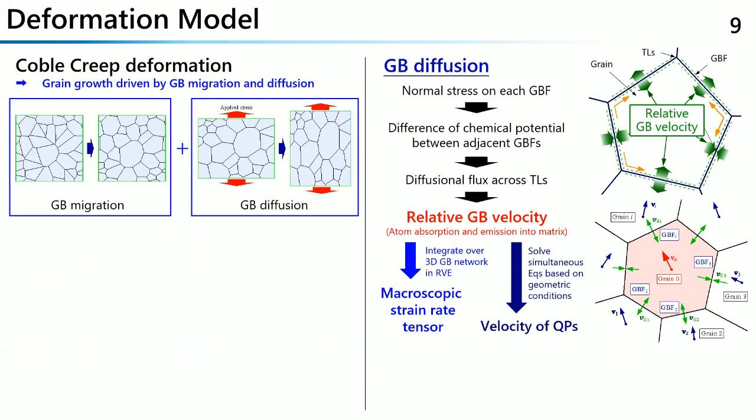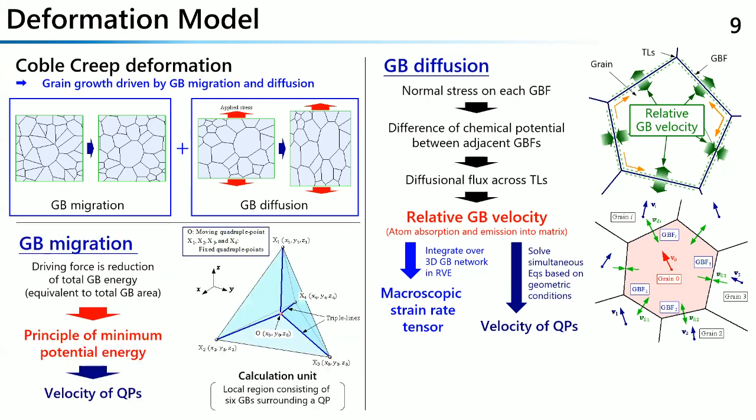This slide doesn't work well, but I will explain the outline of the deformation model. The creep deformation can be assumed as the superposition of two kinds of grain growth mechanisms, the grain boundary migration and the grain boundary diffusion. For grain boundary migration, its driving force is the reduction of the total grain boundary energy. So, based on the principle of minimum potential energy, we evaluate the velocity of the quadruple points using this simple